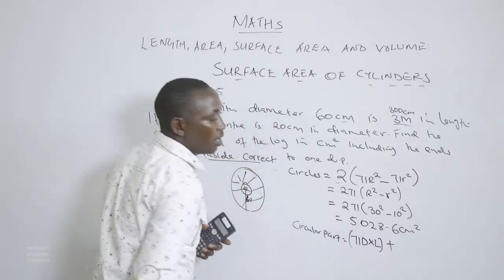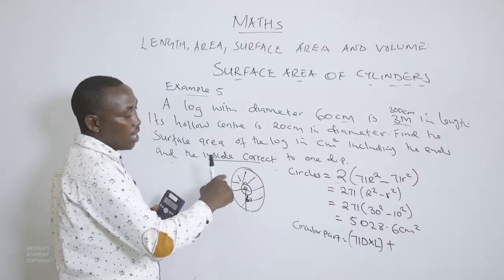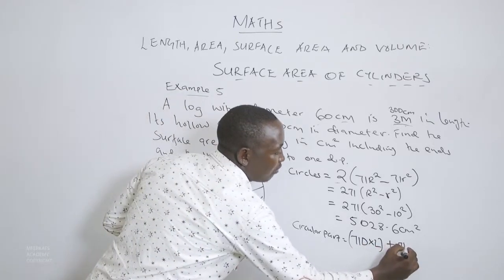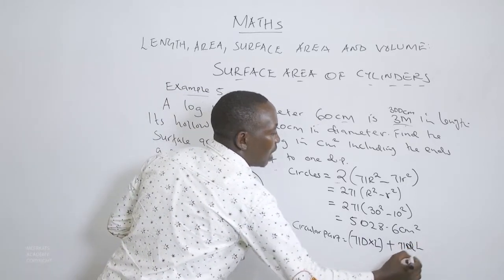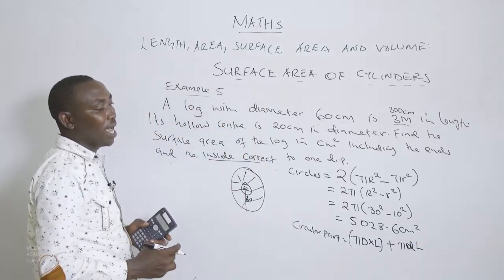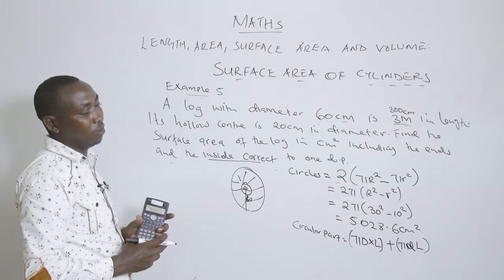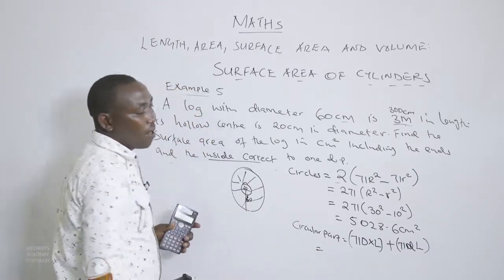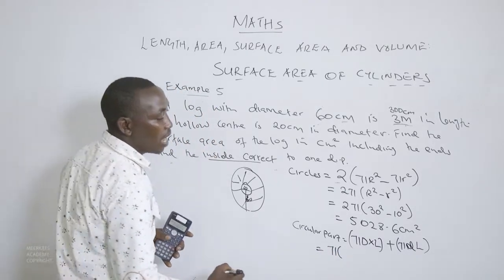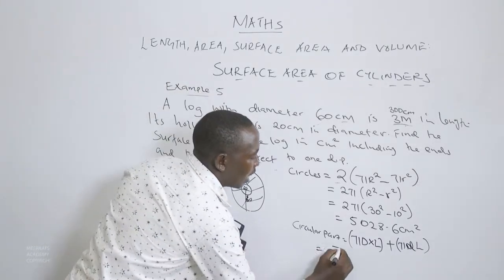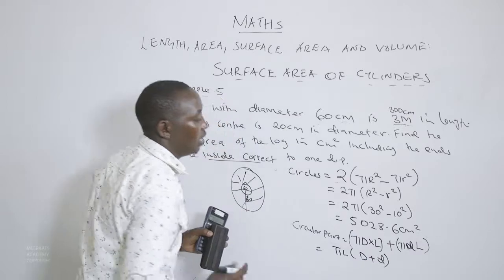We add the inner curved surface, which will have the length of pi small d, again multiplied by L, which is the length of that particular log, and it is 300 centimeters in this particular case. So pi and L are common, hence they can be factored out, so that we have pi L into d plus d,